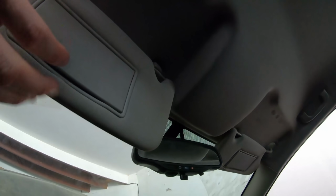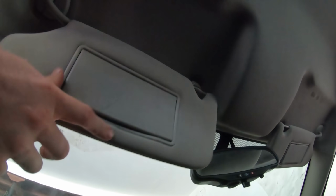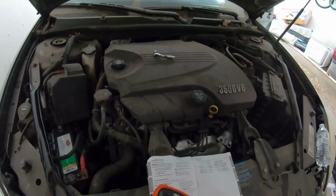Might check these as well. These usually have lights in them, so you may check and make sure those are off. Even sometimes they may be on underneath there. All right, well, I'm having trouble getting a reading, but maybe the